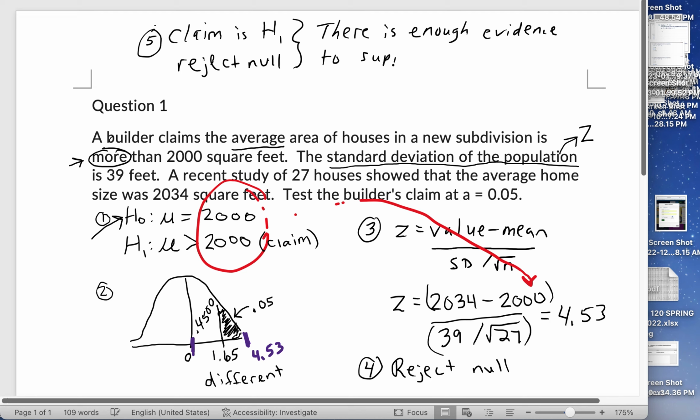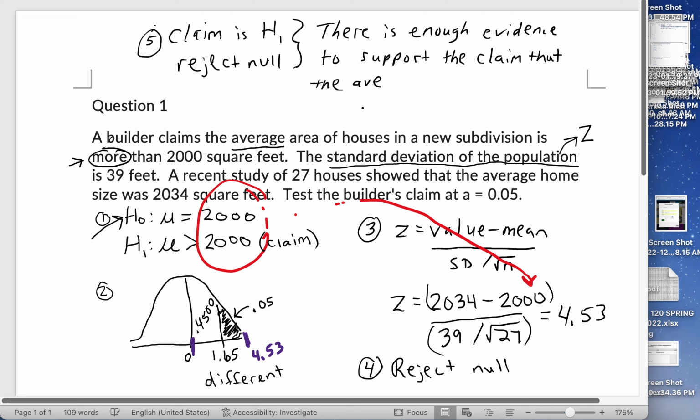Now, this part of the sentence shouldn't change because you're pulling it off of that table. So you shouldn't have different wording here. When you start writing it with different words, you change the meaning a little bit, I think, unintentionally. So pull it directly from that chart. There is enough evidence to support the claim, and then you're going to finish the sentence. Now, this part may be a little bit different from one person to the next. But the claim is that the average,